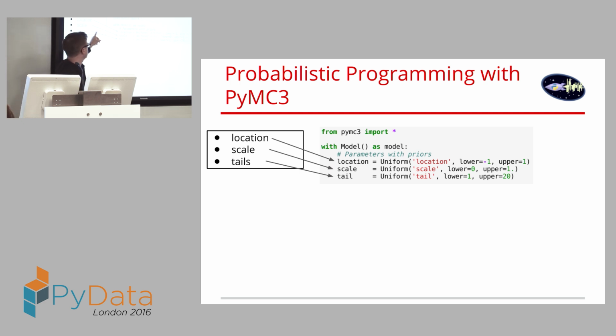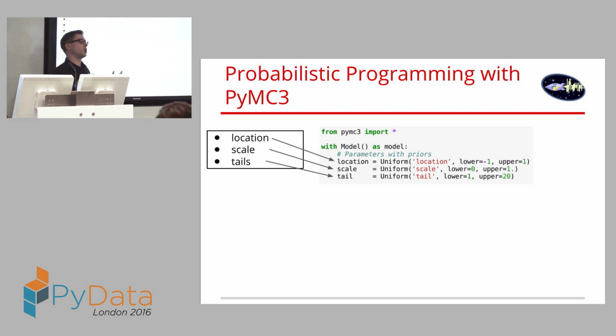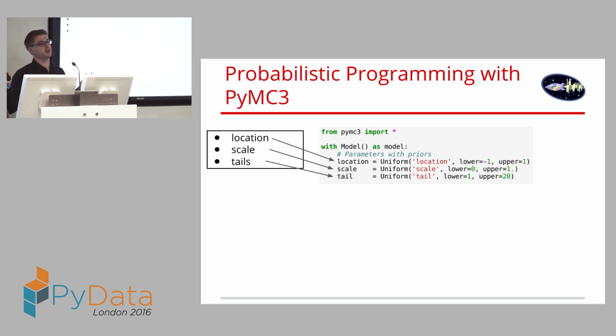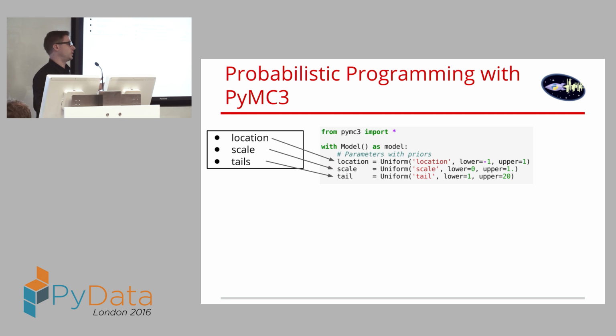The more interesting part is now I can define these latent causes, my parameters of the model. Right? So these are the 3 ones that I have. And because we're in a Bayesian setting, we have to place priors, which are my beliefs about these parameter values without having seen any data. And in this case, I'm just going to say, and that is a subjective choice that you can make as a modeler, and it gives you a lot of freedom and power to actually inform your analyses, because often you do have prior information going in. For example, the location or the mean returns of the strategy, we already know to be close to 0, right? I mean, it's not going to be 100% daily average returns. That's ridiculous. And it's not going to be minus 20, hopefully.